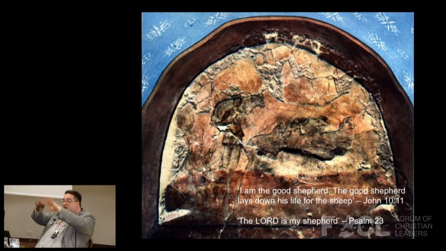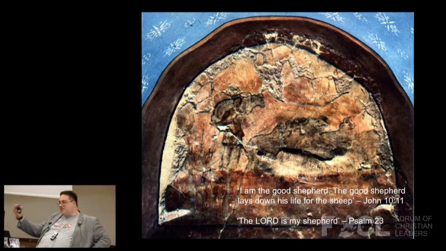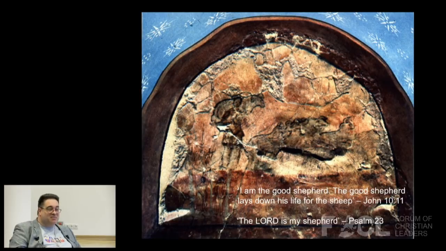Or this is the picture right above the baptistry pool of a shepherd. You have a picture of a shepherd, and he's carrying a sheep over his shoulders over a baptistry pool. Jesus as the good shepherd. I am the good shepherd. And of course, the shepherd imagery, Jesus is picking up on Old Testament imagery that's used in the Old Testament of God. God is the shepherd of Israel. And then Jesus says, I am the good shepherd.